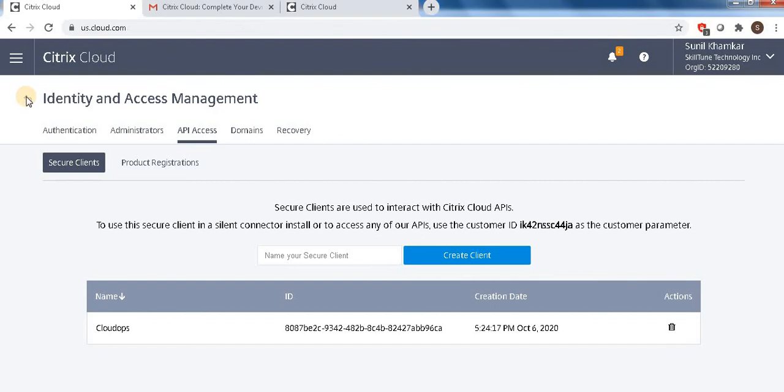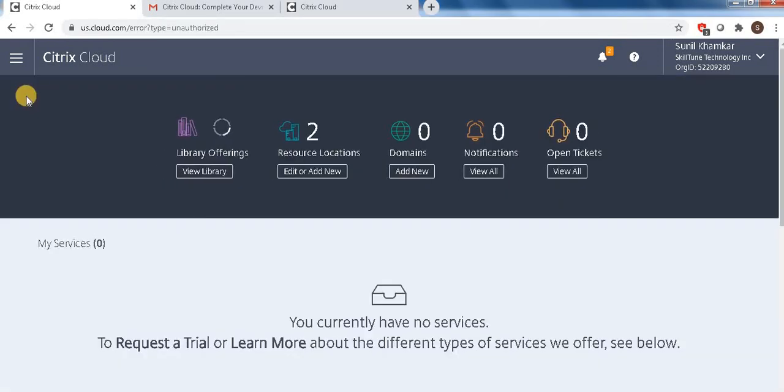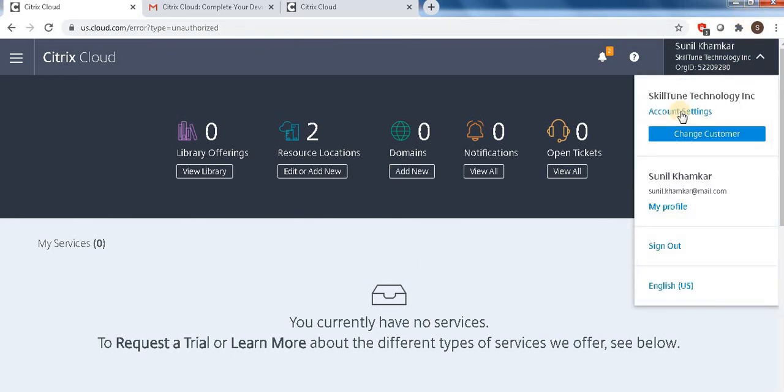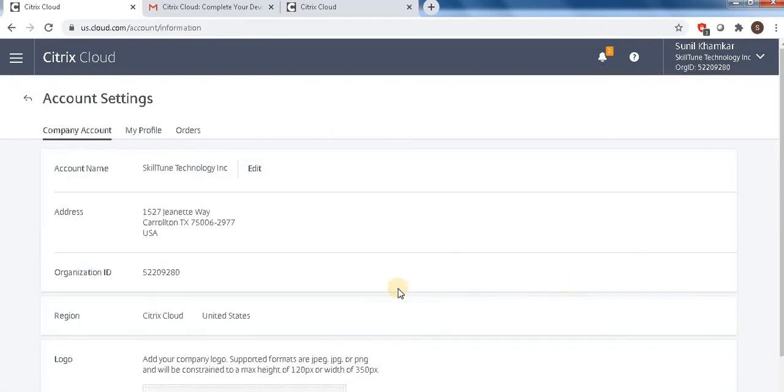I'm going back. Now, here we are seeing Citrix Cloud, but as an architect, Citrix administrator or cloud administrator, I want my company logo to appear on the front page while logging in. How are you going to do that? Simple: click here, go to account settings and click here.